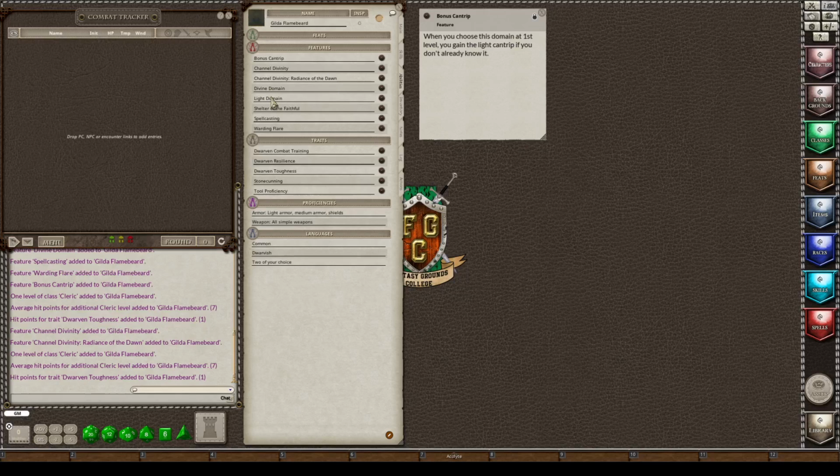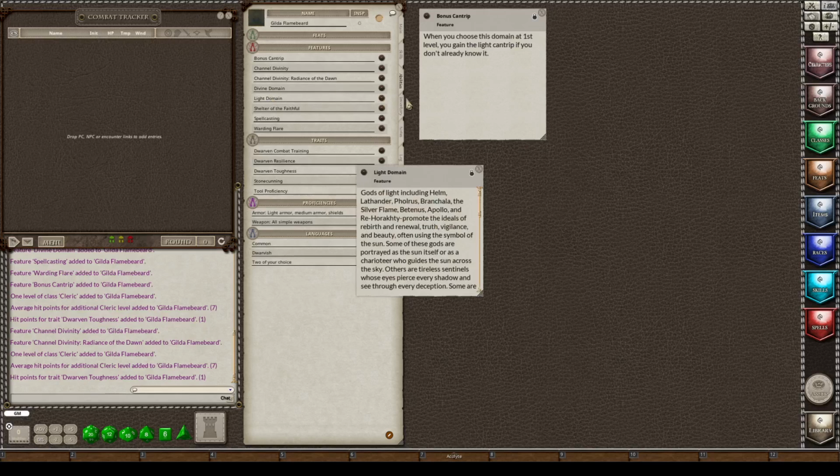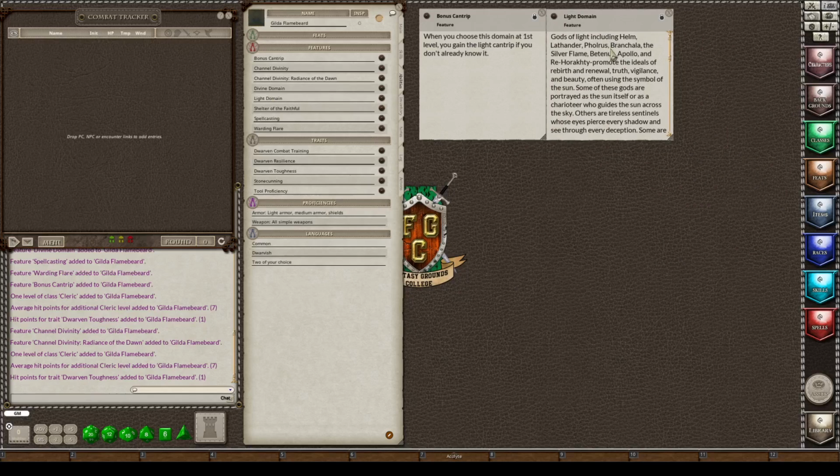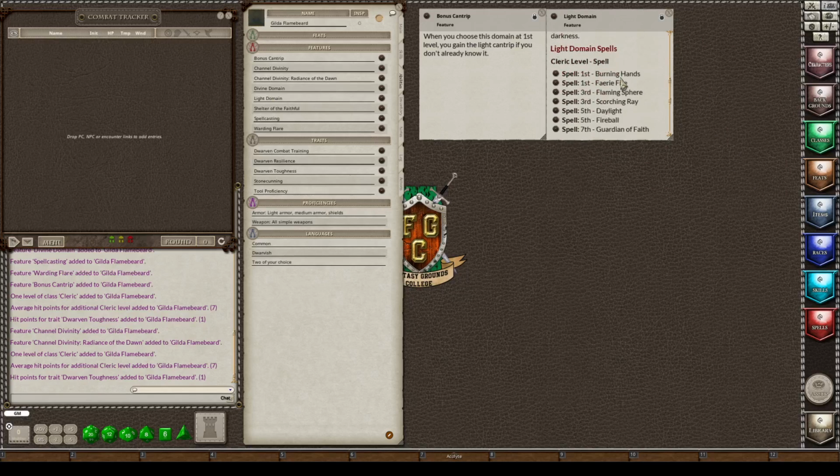I have Divine Domain, which is Light Domain. I'm going to open that up because I am going to add these spells. I get an additional 4 spells. Now these spells are always available. I do not have to count them towards the 6 spells that I get to prepare each day. They will go in the same spell area as the regular spells, but I know that they are not part of the 6.